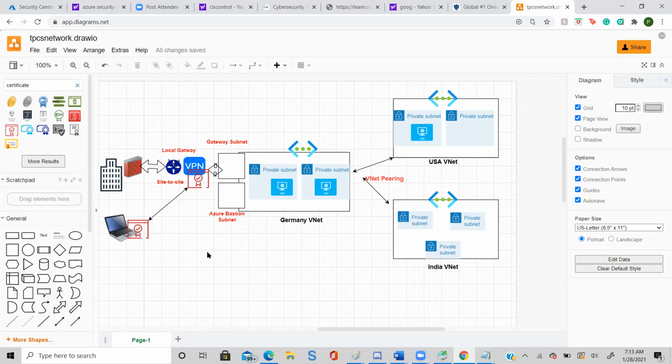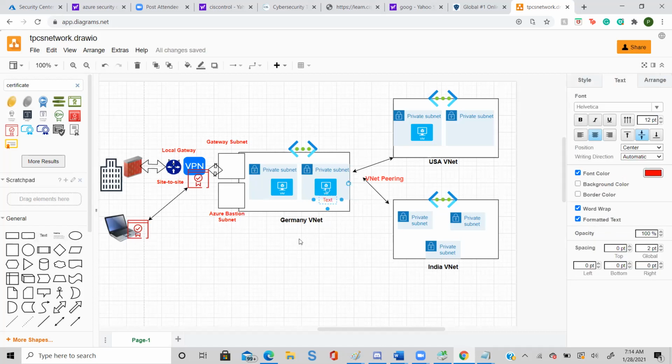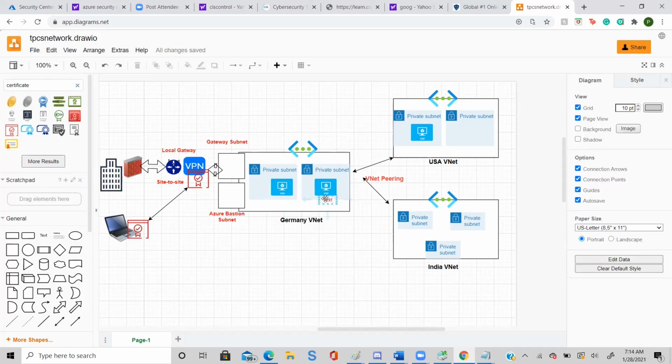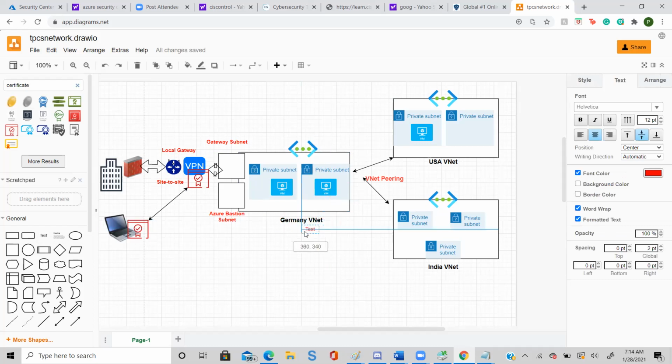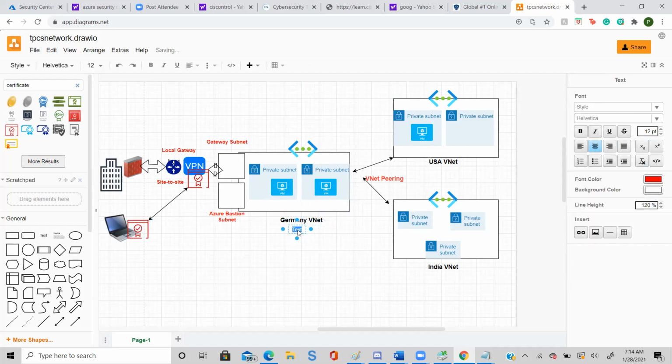Maybe the customer is going to ask you, what all IPs are you going to use? Because in a network you have to use IPs. So what I'm going to do now is define some IPs. For the Germany VNet, the IP address I am going to give is 10.1.0.0/16.